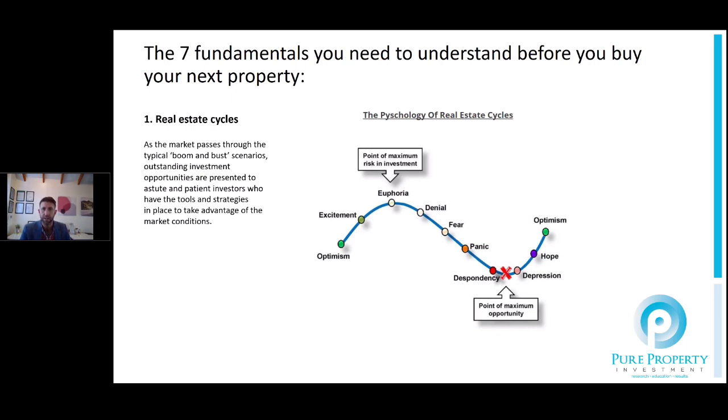So if we go through this whole cycle here, it basically goes from optimism through to optimism and everything in between. What we deem optimism to be from our side, the market's going to pass through good growth cycles. It'll also pass through flat cycles and potentially downward trends over periods of time, and then at some stage typically move back up to an optimism or a growth cycle. Now, what are some of the cities and where do they sit right now? I'm not going to go through necessarily saying here's where each city sits and here's where you should and shouldn't be buying, but more so the psychology.